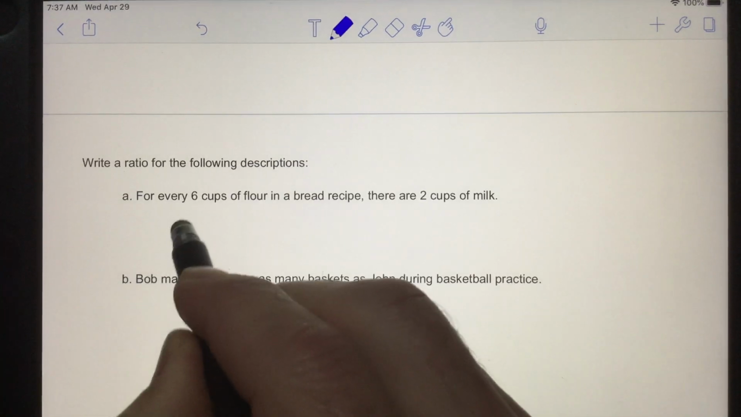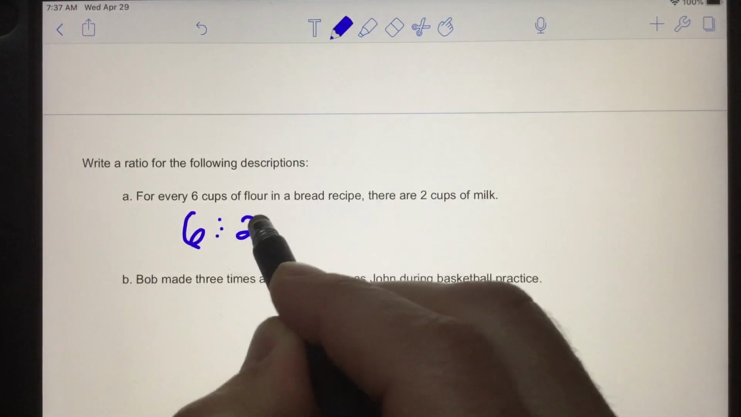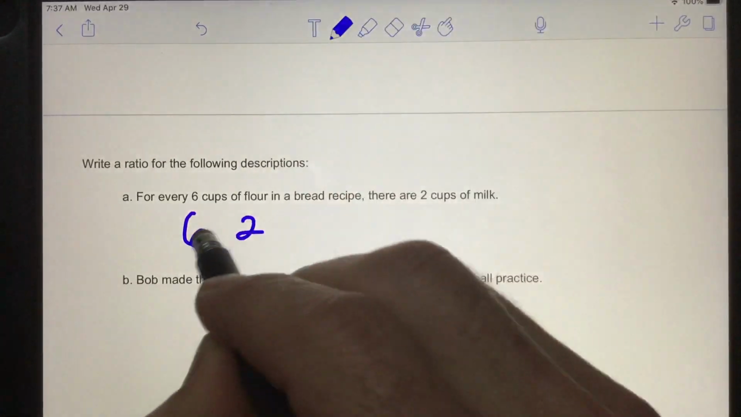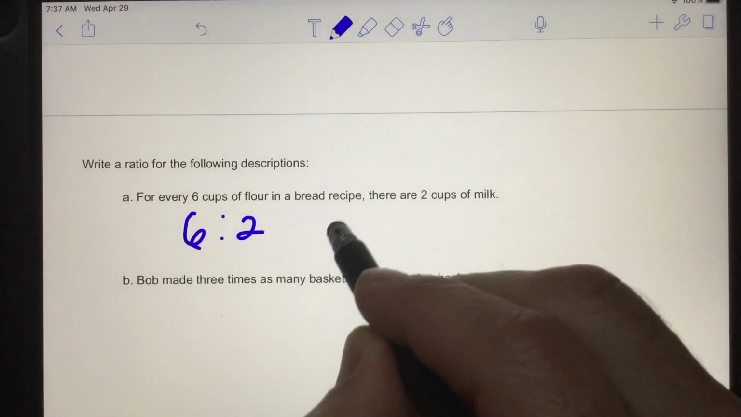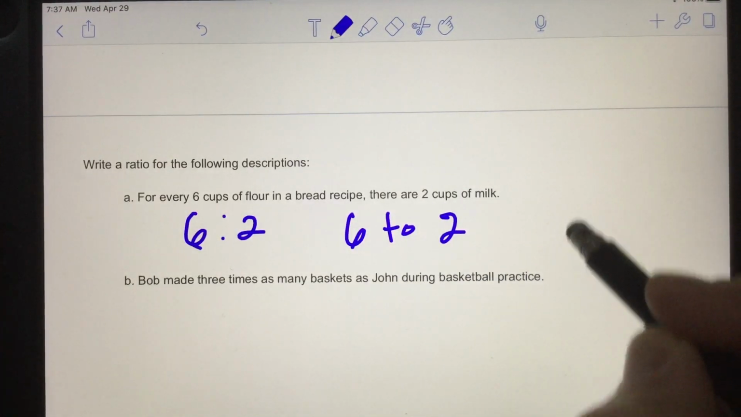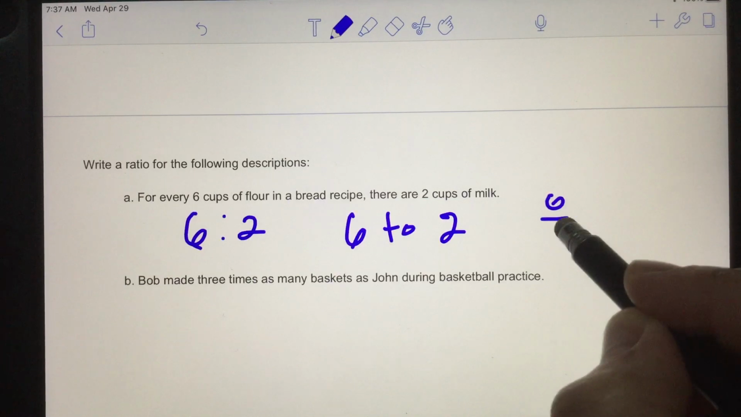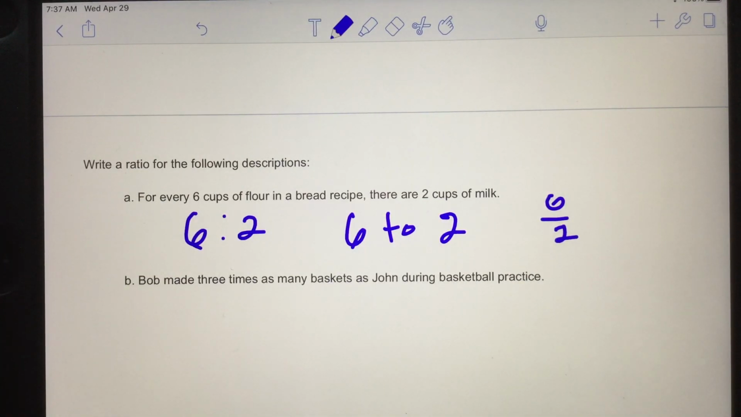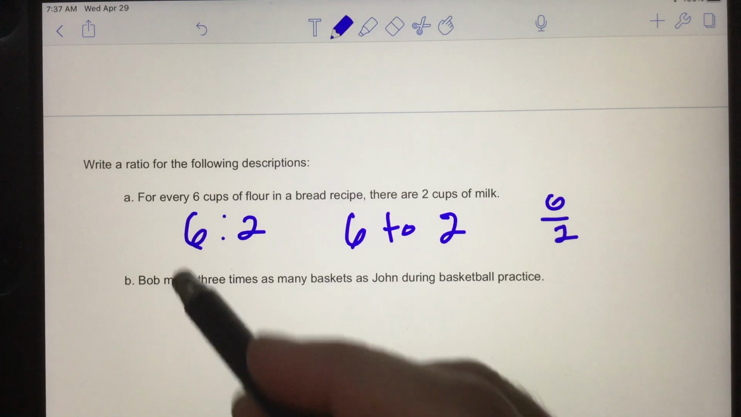Well, you just write it like this, 6 to 2. Add a couple extra dots in there, the colon, 6 to 2, right? Or you could write it as a fraction, 6 over 2. Or you could write it with the word "to," 6 to 2. Right? And any of those would be fine. On Freckle or ST Math, it probably asks you to write it using